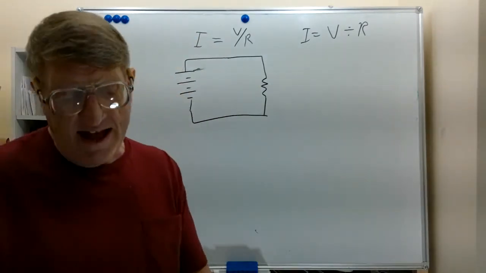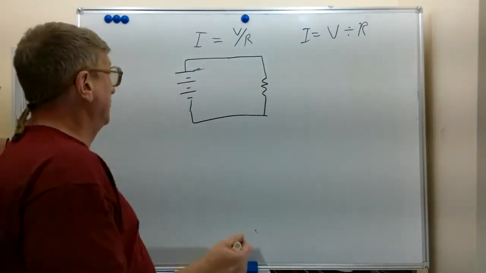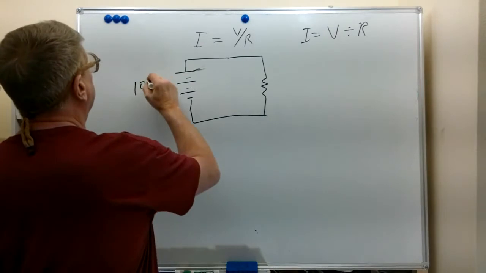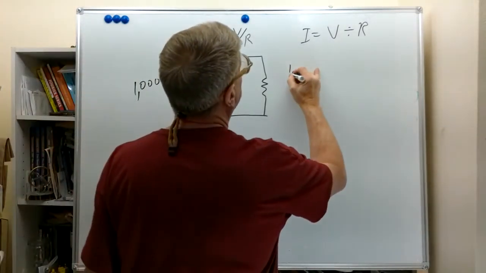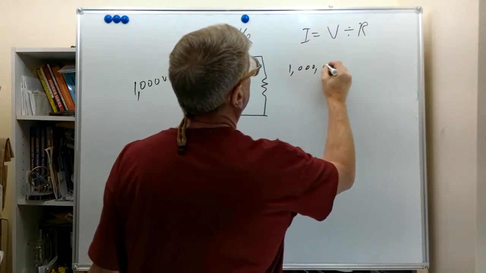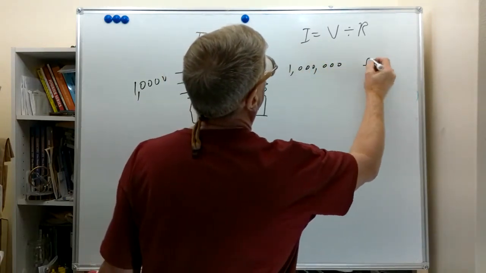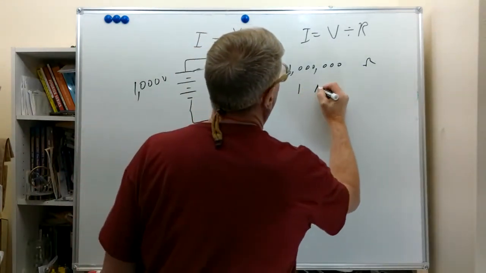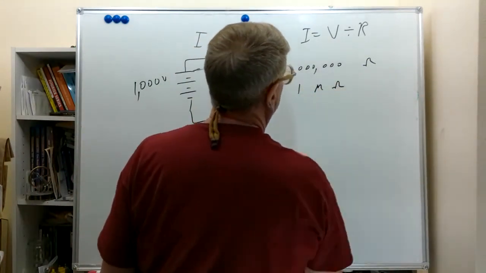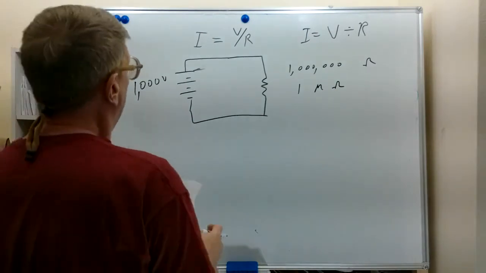It's possible to have high voltage and low current. If this was 1,000 volts, and this was 1 million ohms, or we could call it 1 megohm also, 1 megohm, million ohms, we would have